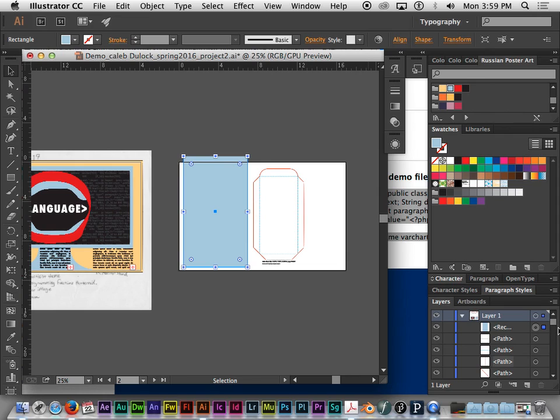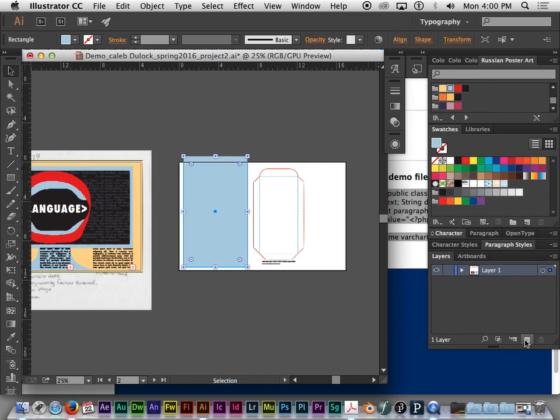So now, there are a couple things that we may want to consider at some point when working with layers inside of Illustrator. If you start busting stuff out into separate artboards, I would recommend using multiple layers inside of your layer panel for different artboards so you keep stuff organized. So instead of just having one layer that keeps everything tied into it, you may want to generate a brand new layer from the bottom of the layer panel. Let me move this up so y'all can see it. From the bottom of the layer panel, and then go into the layer that you're currently in,